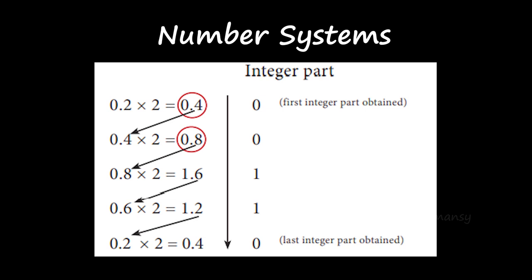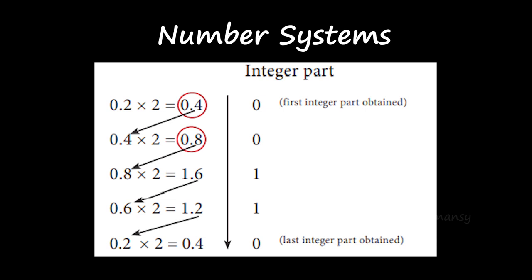So you will take the value which is left side of the decimal point, the integer part, and you will be writing it aside, and in the right hand side of the decimal point you will be having a value. With that value, again 0.4 into 2, you will be multiplying it with 2, again you will be getting 0.8, and again multiplying 0.8 into 2, so 1.6 will be there. So 1 you will be taking aside. If you are getting 0 or 1, you will be taking the value which is in the left hand side of the point separately, and you will be keeping the value which is in the right hand side, and you will be